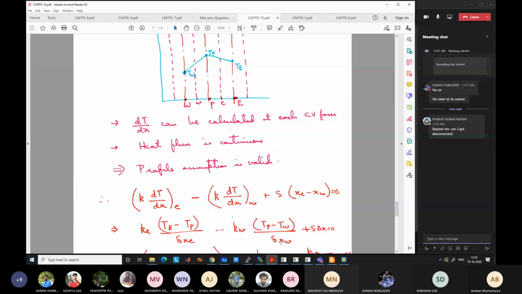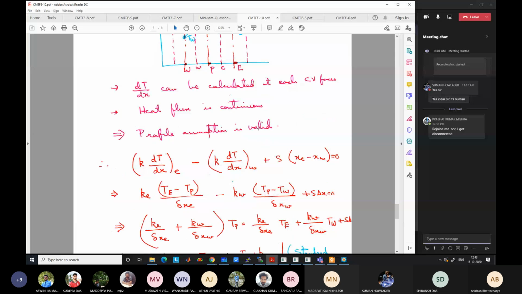But for a general solution, this need not be equal. So this Ke and Kw at the interface is also not known. They are also represented at the grid points. They have to be calculated by some averaging at the interface. That we will discuss later, how the averaging needs to be done. Either you can do linear interpolation or something, but that has to be calculated based on averaging. We will see later that linear interpolation is not good. You have to take harmonic mean. But that is for future discussion.